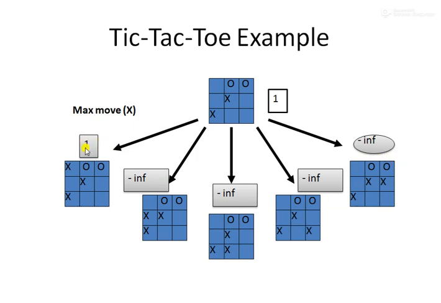So max is definitely going to pick up this one, and follow this path rather than the others, because max has come to know that if he picks up any of these 4 available paths, he is going to lose the game. That means the program would lose the game, so the program will pick up this path by using the MiniMax algorithm. In the next phase different moves will come, and in that order max will follow.